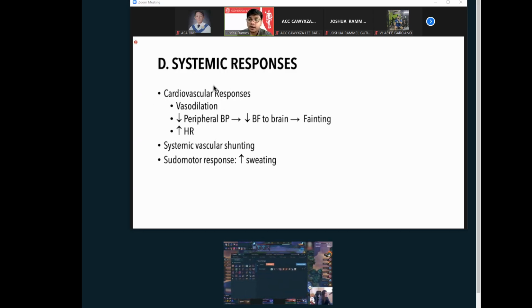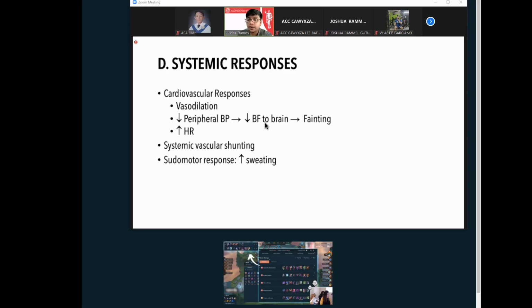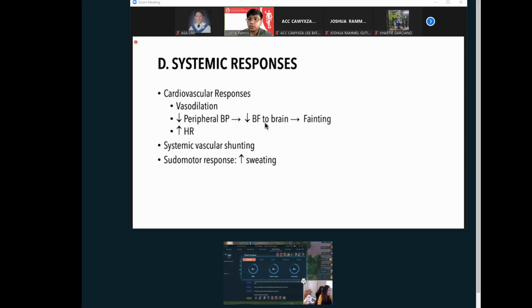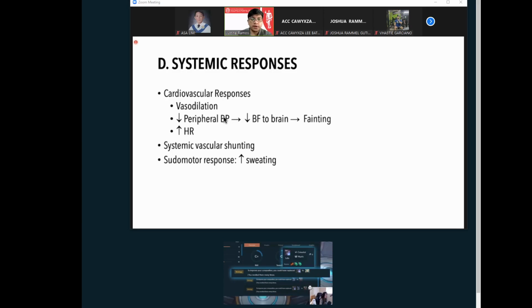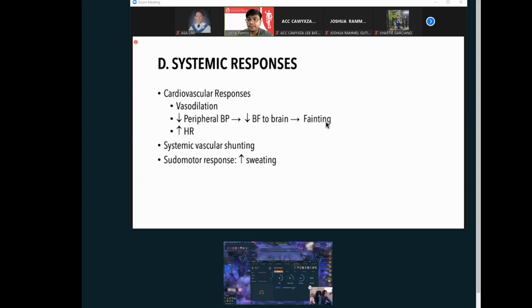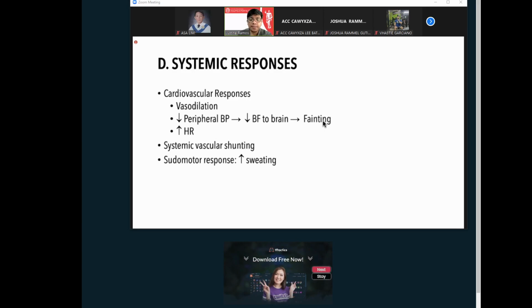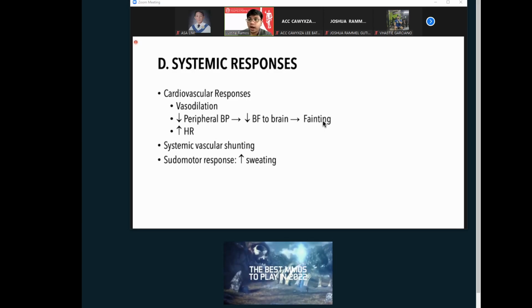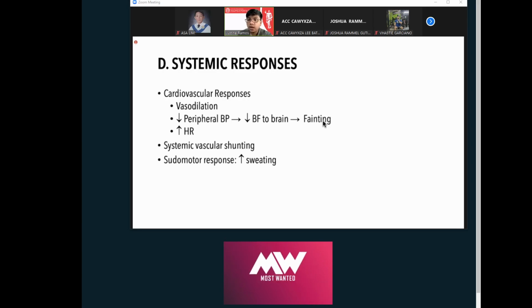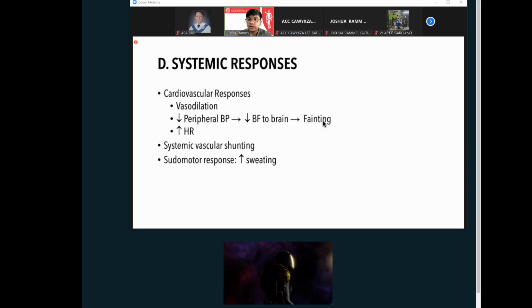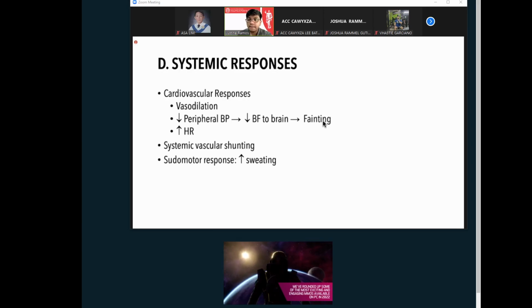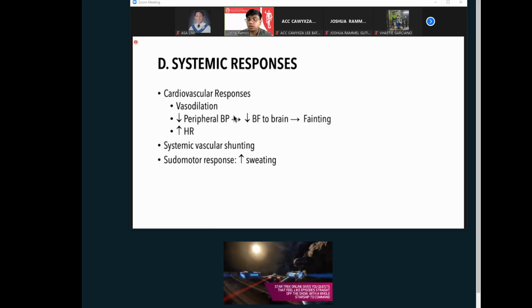And if that would happen, the effect of that decrease in peripheral blood pressure is to decrease the blood flow towards the brain. That's why kapag there is a reduction on your peripheral blood pressure, of course, you expect fainting will happen if it's serious. So this effect is actually seen kapag ang pasyente mayroong high blood pressure, uncontrolled hypertension, may circulatory system disease, such as arteriosclerosis. Mas common sa kanila to.